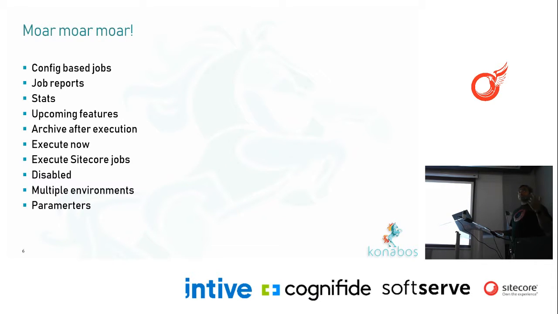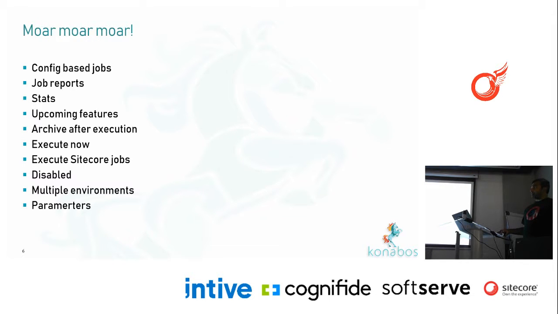That'll give us asynchronous execution along with a bunch of other things, which let me track how the job is running, when it is running, when it is done. I'm in the middle of making a jobs viewer, or tagging SiteCron jobs inside the jobs viewer by default, so we can see the statusing and stuff. So that's something which is being worked on. Archive after execution is actually very, very easy for one-time jobs or jobs which we don't need existing after a while. There's an execute now feature which you saw, executing them as Sitecore jobs,